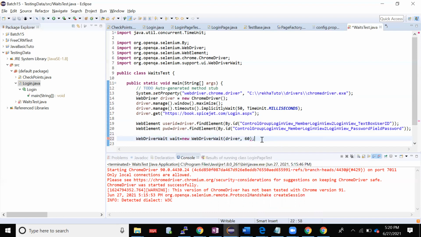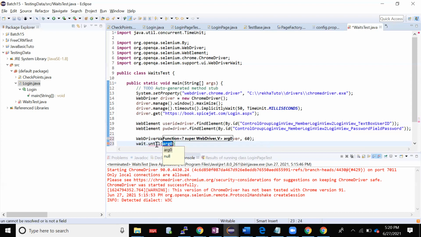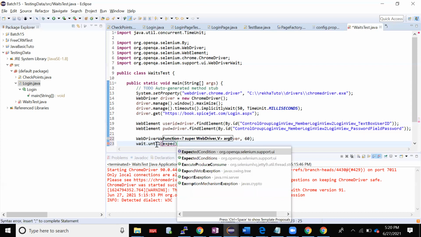Now I have created an object for WebDriverWait, right? That is an explicit wait. So wait, because my wait was my object, dot until, expected conditions.